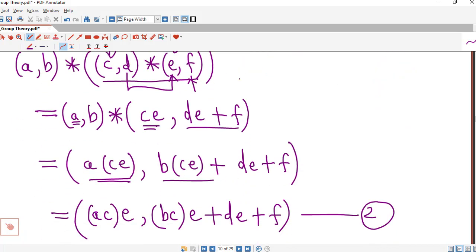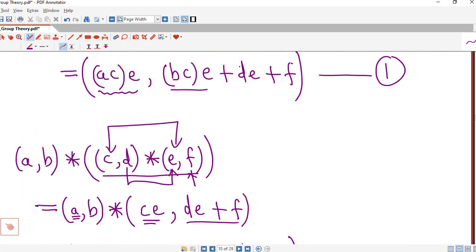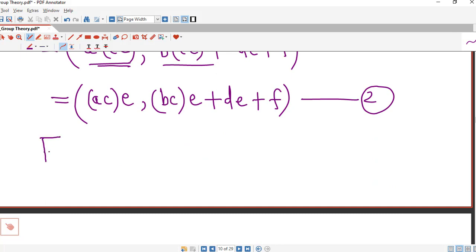Right hand sides of 1 and 2 are equal. That means from 1 and 2,